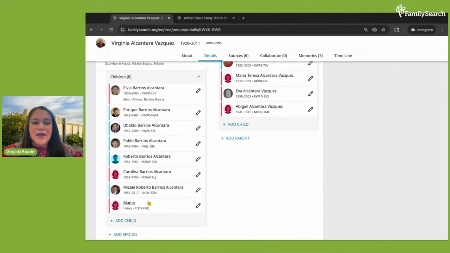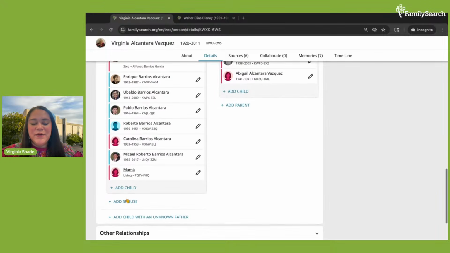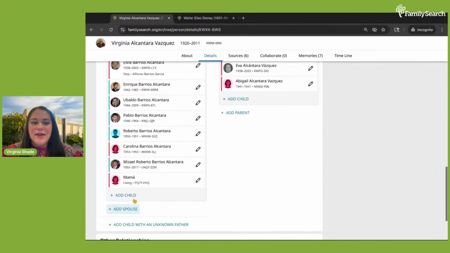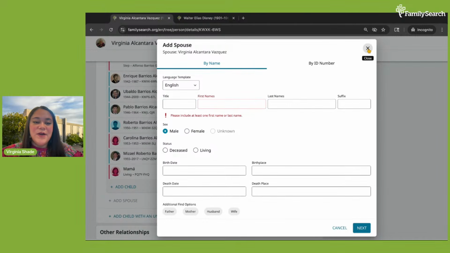And this is in order as well. As you can see, 1938 to 1942, it's going in order. If we don't know a person's living or their birthday, it'll just be placed on when it was entered, or it may not be in that order of oldest to youngest. But again, you can also add, if you don't know who the spouse was, you can just